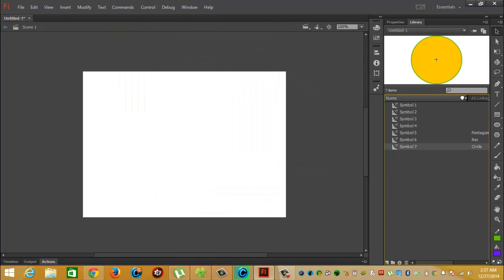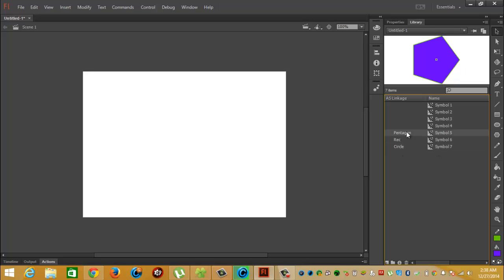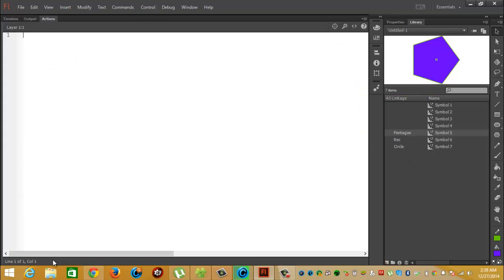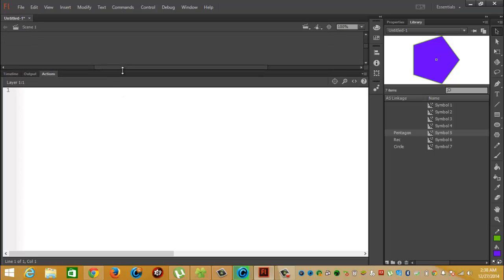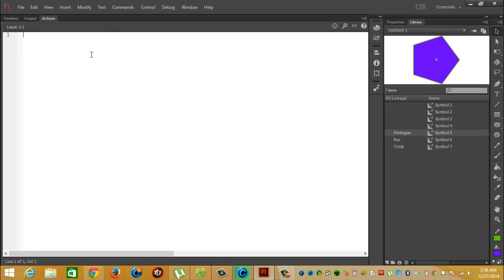Now if you see this, there's a column called AS linkage, and this basically means we can use ActionScript 3 to communicate with these objects from the library by using these names. So go ahead and open the ActionScript panel, and what we can do now is create a variable,